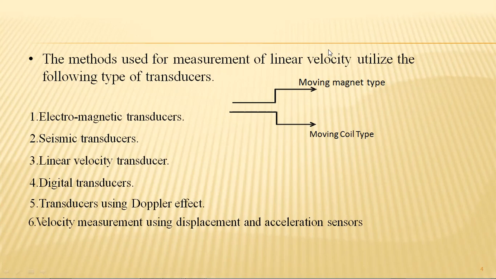Next, the velocity measurement using displacement and acceleration sensors. The velocity measurement is based on the variation of displacement, from one position to another, with a particular acceleration, incremental or decremental in range, maintaining or specifying its range. In this, the type of transducers plays a major role in finding the particular velocity category.